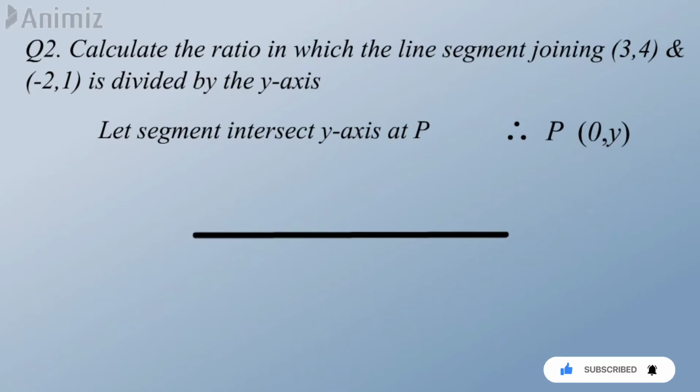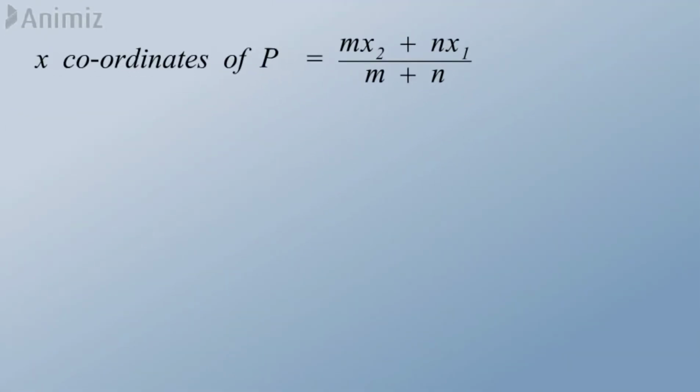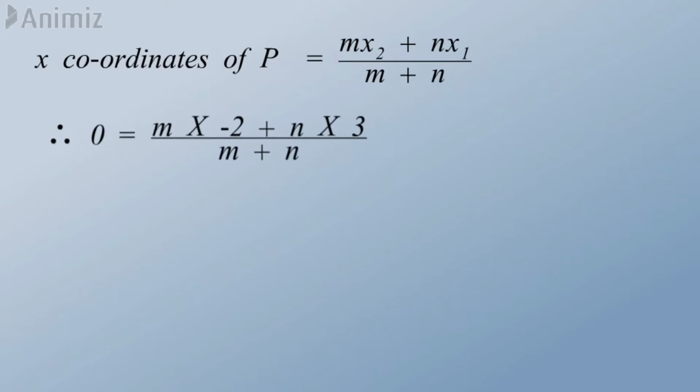Now these points you consider as A and B. So A will be x1, y1, B will be x2, y2, and the ratio you consider as m and n. Now you know that the x coordinate is 0. So you have to apply the formula only for the x coordinate. Now let's apply the x coordinate formula for P. The x coordinate of P will be (mx2 plus nx1) upon (m plus n). Now you know that the x coordinate of P is 0. So when you substitute the values, you will get 0 equal to (m into -2 plus n into 3)